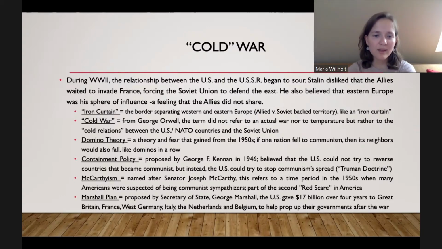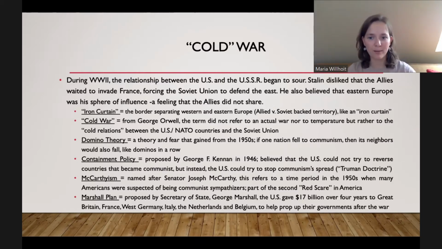And during this time period, too, we have a very famous period we call McCarthyism. It is our second Red Scare. We had a Red Scare in the 1920s and in the 1950s, and we call the second Red Scare McCarthyism. It's actually named after a famous senator named Joseph McCarthy. He was hell-bent on finding any communists and communist activities. He was going to find it, he was going to arrest it, and he was going to put it in jail. And he was hell-bent on it.